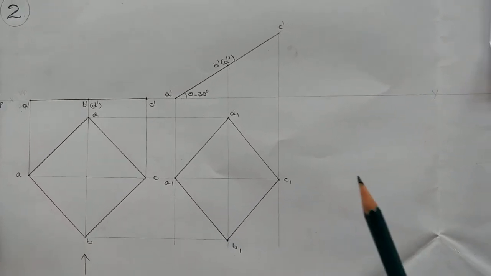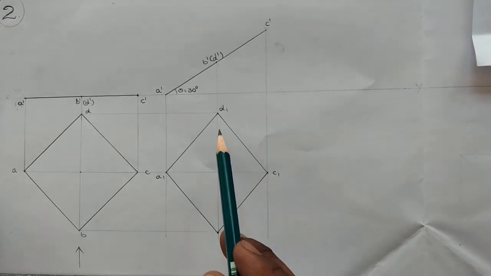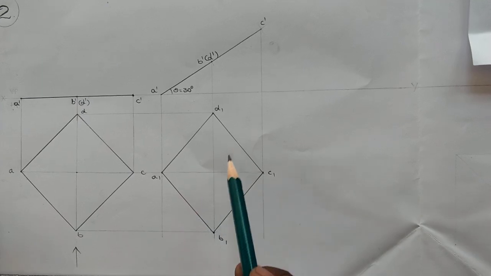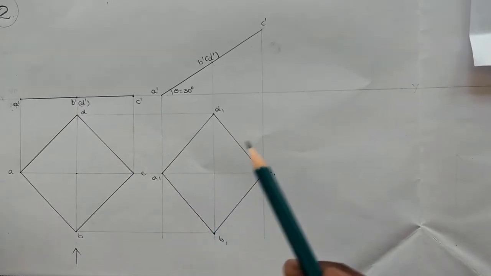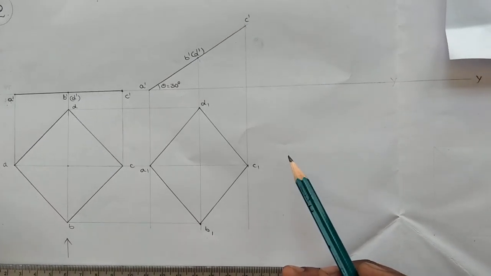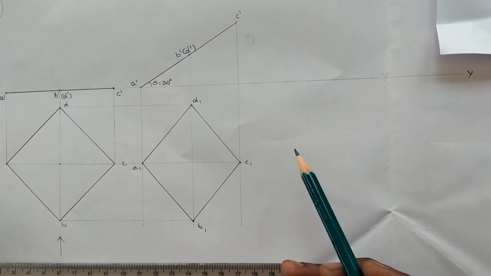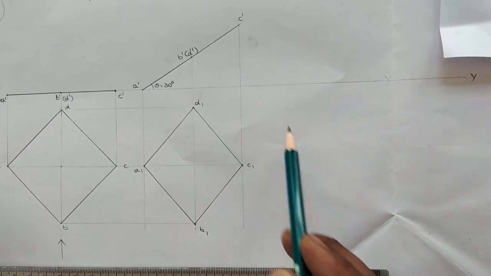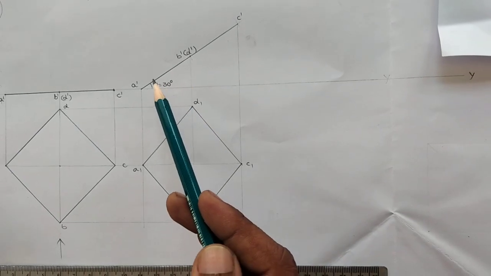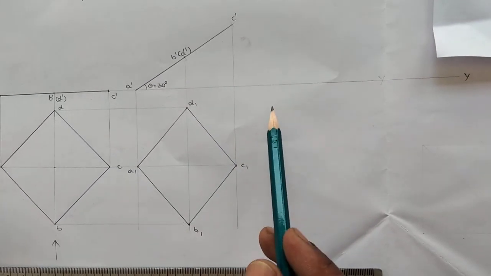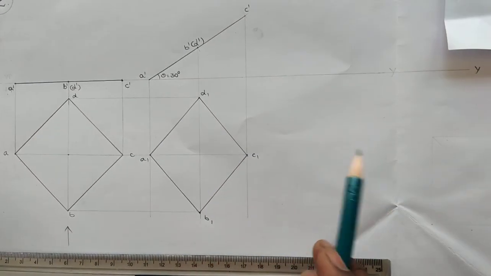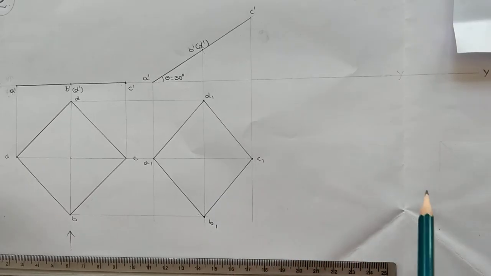And if we come to the final stage projections, we should reproduce this result of the second stage projections. This is the result. So we should reproduce this one using the given condition. Given condition, BD is 45 degrees inclined to the vertical plane. Inclined to the vertical plane means that the inclination comes below the reference line. Inclined to HP means the inclination comes above the reference line. So BD is 45 degrees inclined to the vertical plane. So we should construct a 45 degrees inclined line downwards.